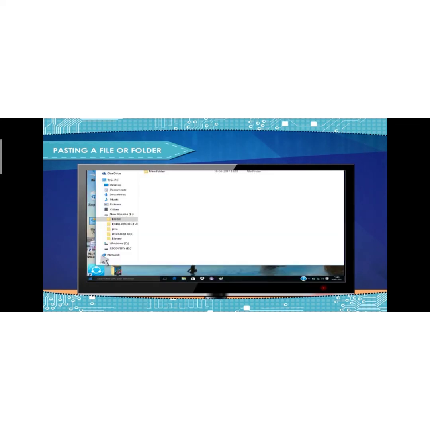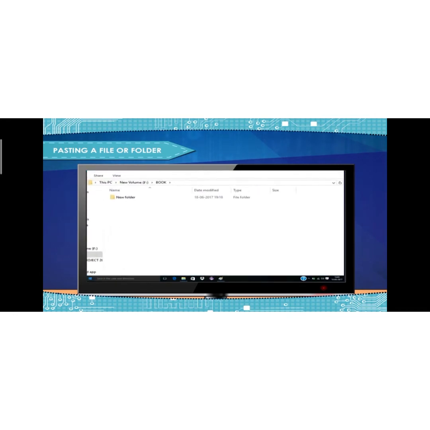Click on File Explorer in the Start menu and explore the disk or folder where you want to keep the duplicate file or folder. For example, we can explore the F drive. Right click with the mouse and select the Paste option from the right click menu.